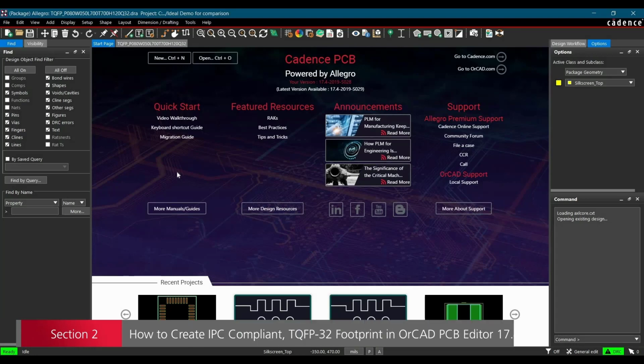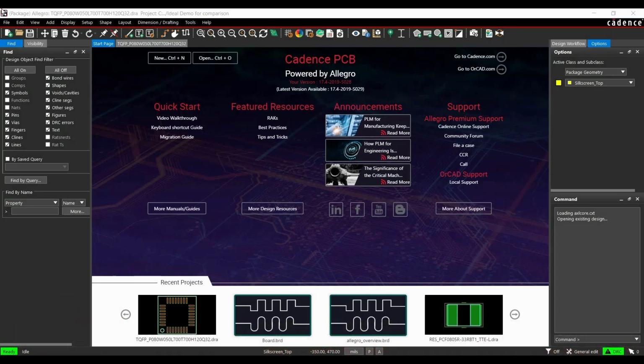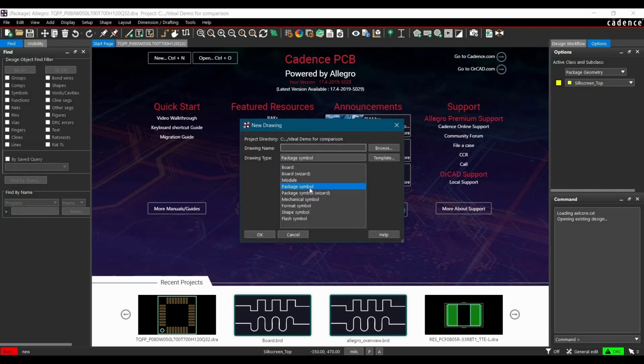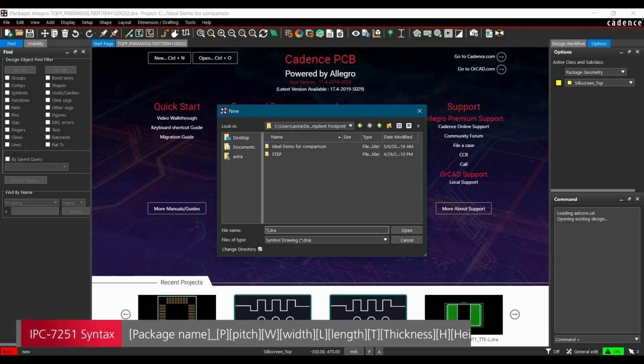This is section 2, and here we're going to create a footprint of ATmega328P using its datasheet and IPC standards. We'll start with creating a new package. For that, go to File, New. Here you have to select package symbol, and from here you have to browse where you want to save it. And here you have to enter the naming convention of the package. So as per IPC standard 7251, for TQFP it will be TQFP underscore pitch of the package, which will be